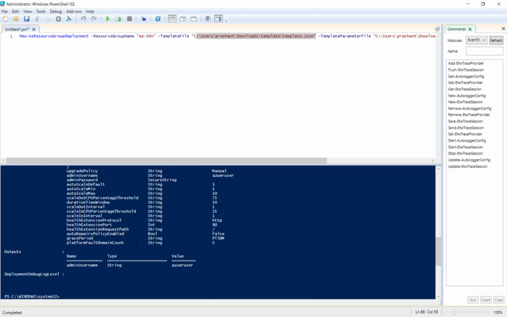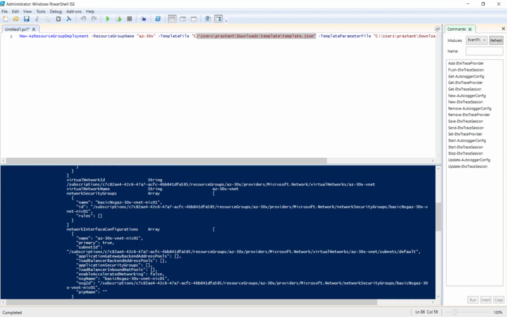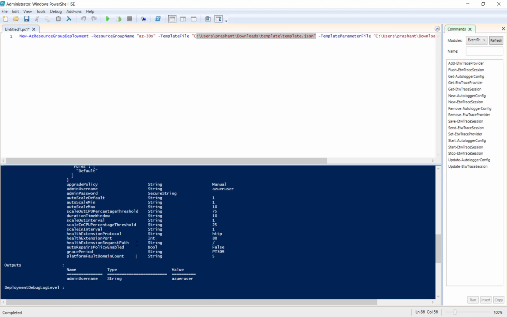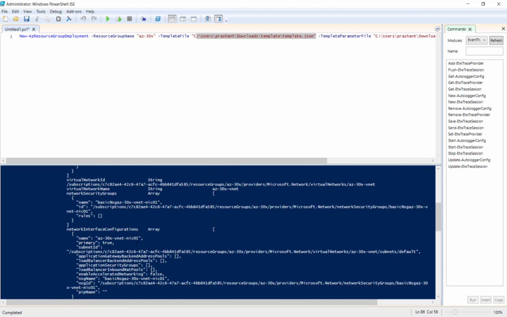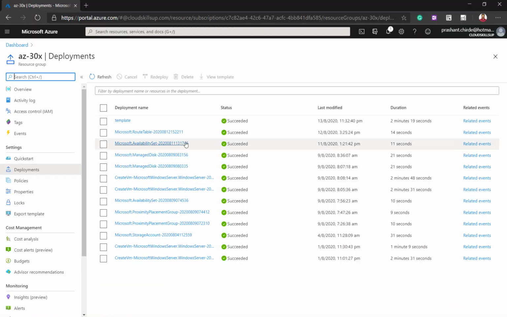We got the output from the PowerShell deployment, showing that this many resources have been created, and it has shown us the output, like this is the username for the login on the VMSS instance. Let's check on the Azure portal whether it succeeded or not.